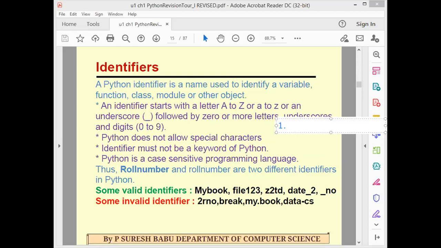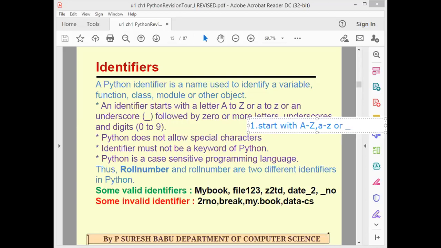The first one: it starts with a letter or underscore. Letter means alphabet, starting with a to z or capital A to Z. Because it is case sensitive, both will act as different variables. Or underscore.